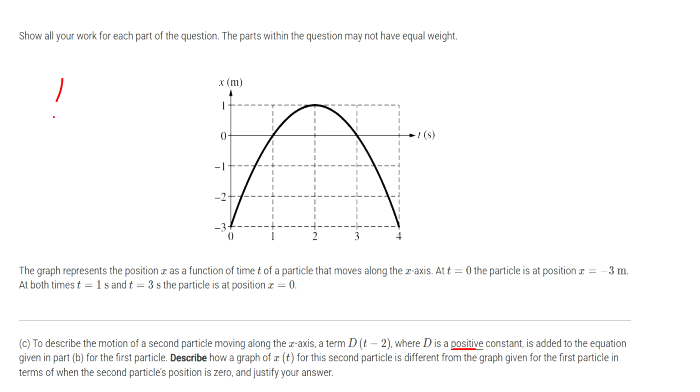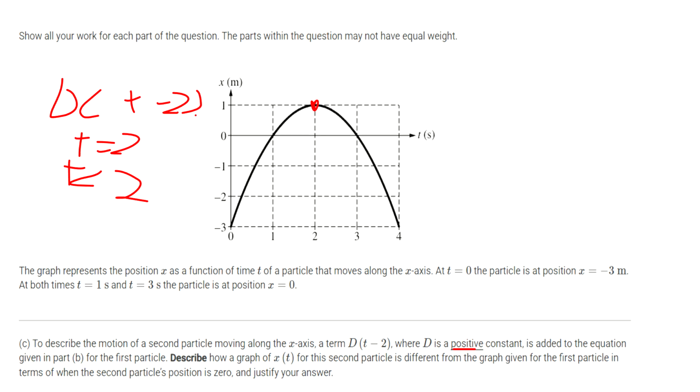So, for d times (t minus 2), we can see that when t equals 2, this will be equal to 0. So that means that it won't add anything to the equation for part B, and position will be the same here. However, when t is less than 2, remember d is positive, and something that's less than 2